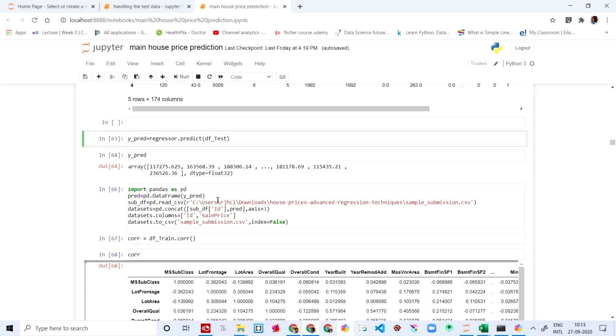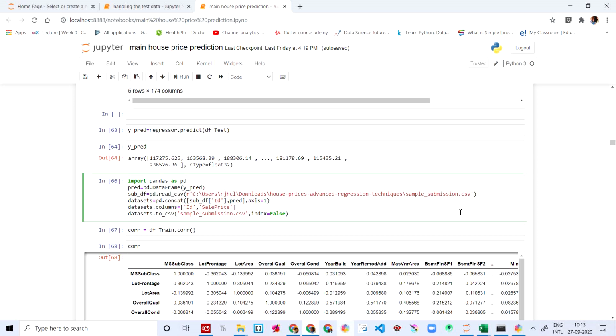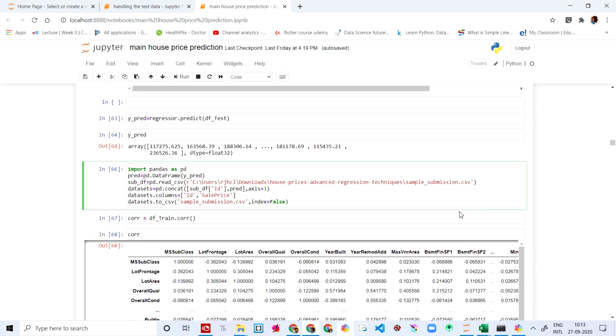And now for testing it, you're gonna give the data and delete the sales price. We know the data, but we're gonna delete it for testing. And we're gonna ask it to tell us the answer. If it's right, that means it's trained properly and you're ready to go. And then you're doing sub underscore df, that is the sample submission that has the sales price. Now we're gonna compare both of them.